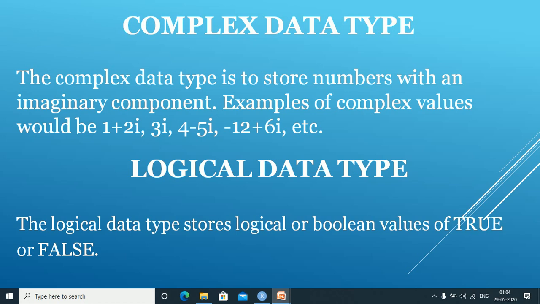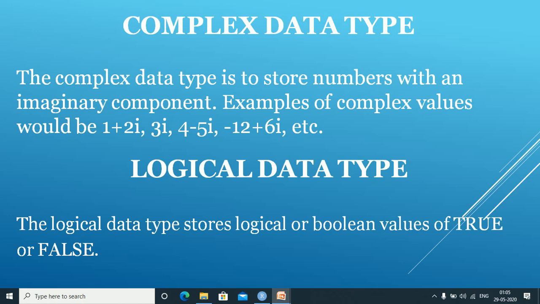A logical data type can store Boolean values of either TRUE or FALSE. So it is a logical data type which will return either TRUE or FALSE, or you can write it as T or F. Now here I want to bring it to your notice that R is very case sensitive. So as I have told you in the earlier session as well, when you are making use of this value as TRUE or FALSE, it is compulsory that it is in capital letters.